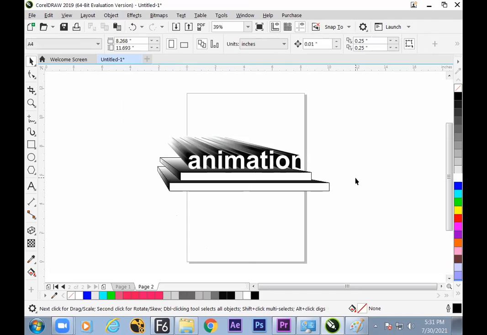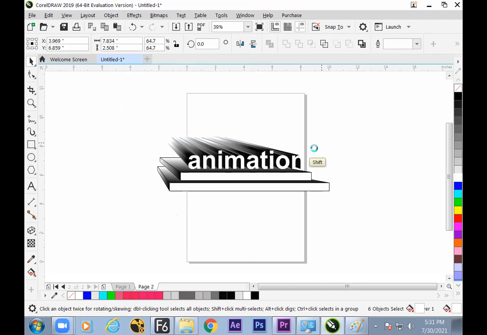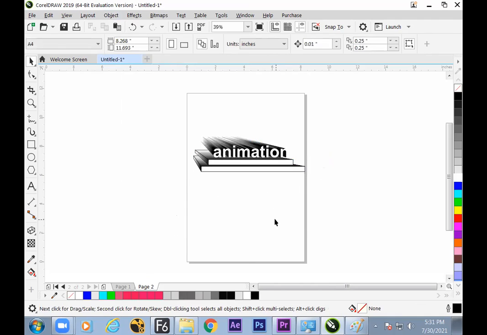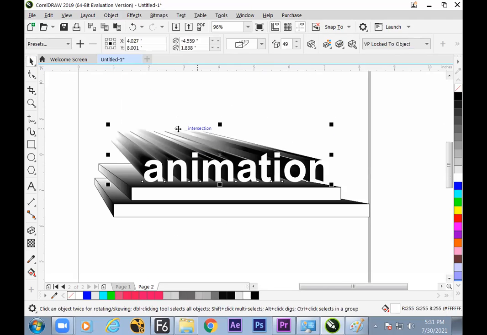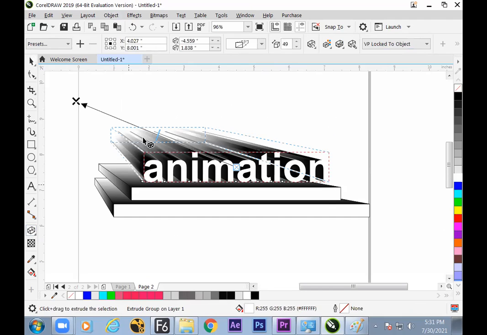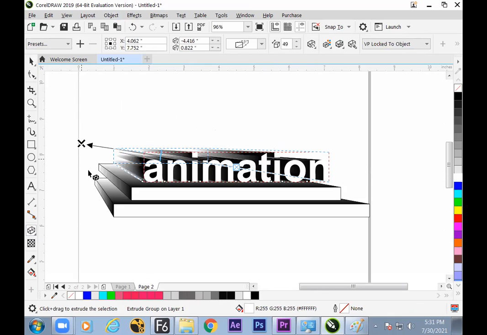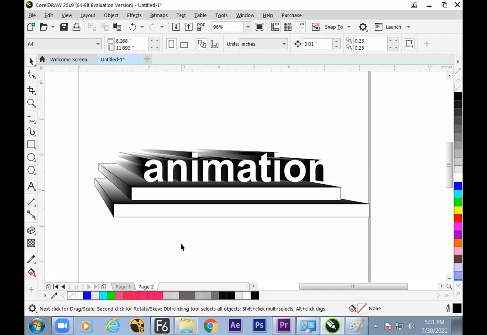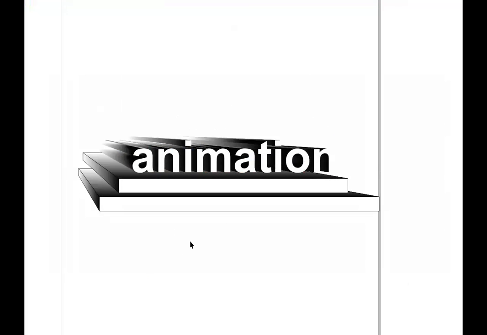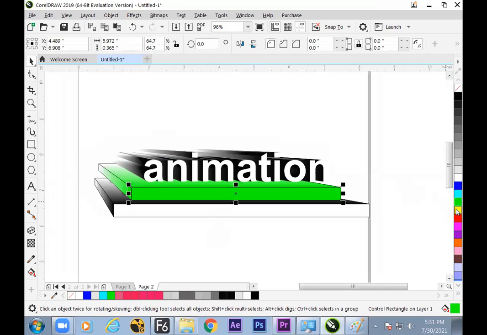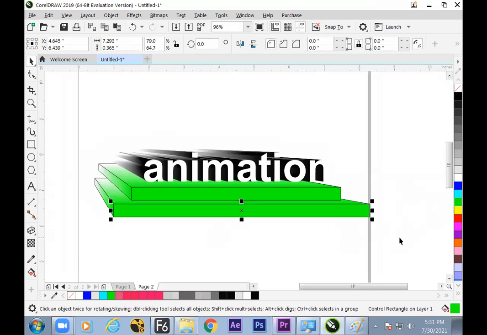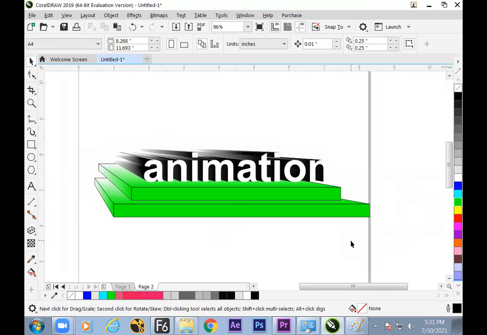So we are just arranging multiple objects to get an illusion of 3D. So hope we understand how to make a 3D presentation in CorelDRAW. Yes, at the end, if the angle has to be changed, take this and get it down. You can go down more. So how to make a three-dimensional presentation of the text? It could be colorful. Hope it is clear now.